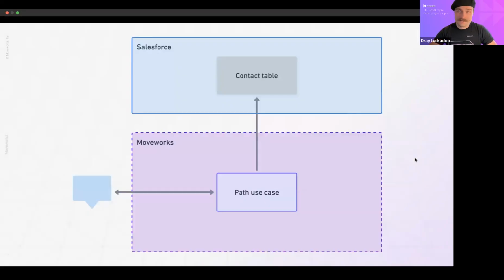This is a pretty simple use case diagram, or architecture slash process diagram. Again, this is a use case driven by the user. So the user comes to the bot, which is represented by this chatbot text window, speech bubble. And the user is going to say something along the lines of, I want to create a new contact in Salesforce. That's going to trigger our Paths use case,